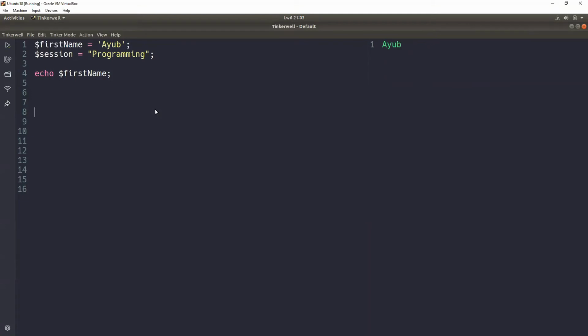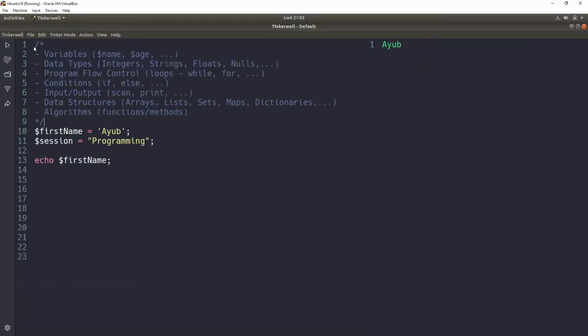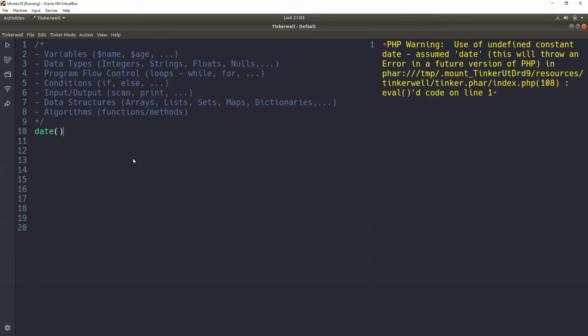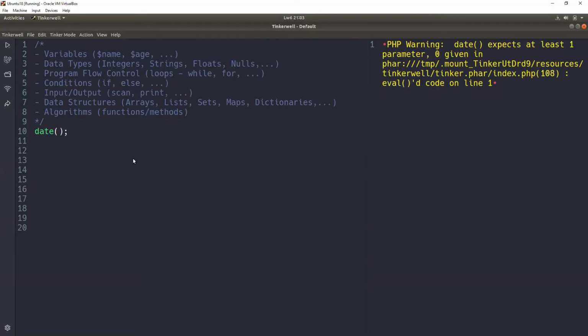You can actually try many things. You can call a function, for example. Which function do you know in PHP? Anyone? Function for date. Oh, the date, the most interesting function. Okay, so we can just call the date function, for example, date. What should we do? Date expects at least one parameter. You can see that we cannot call date without giving it a parameter.